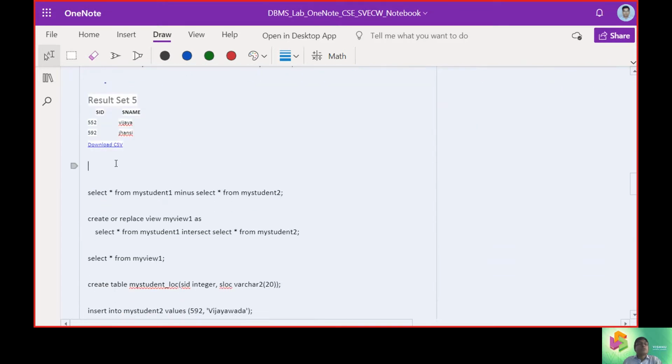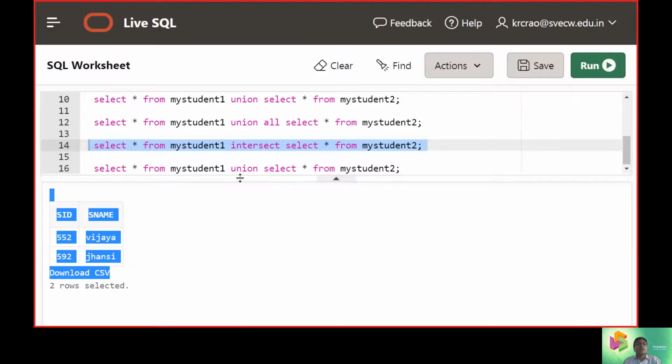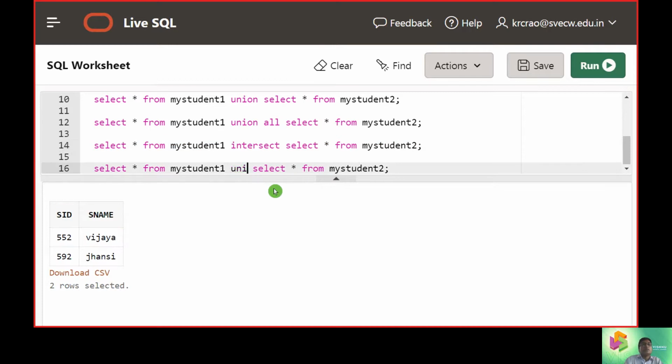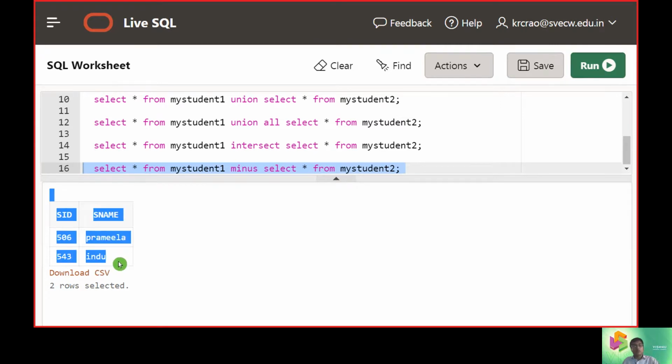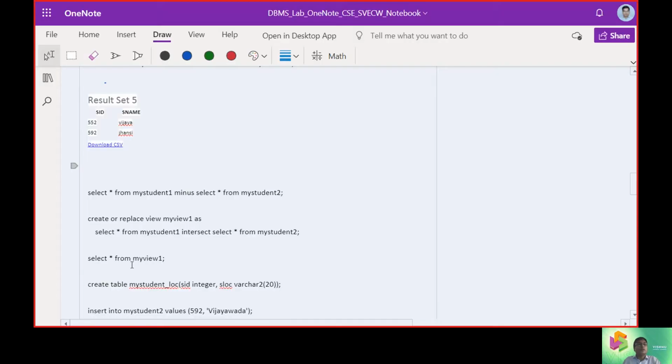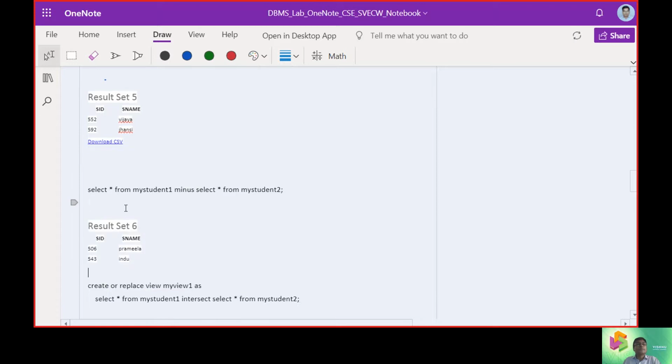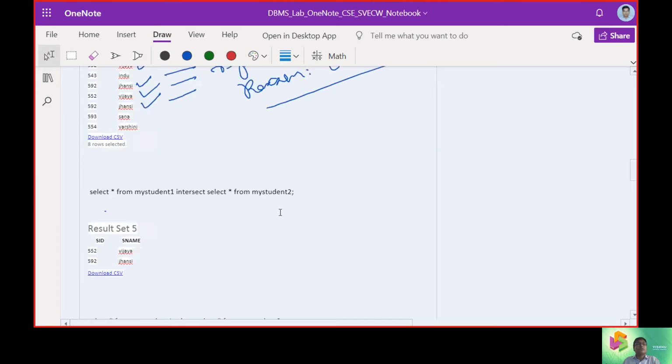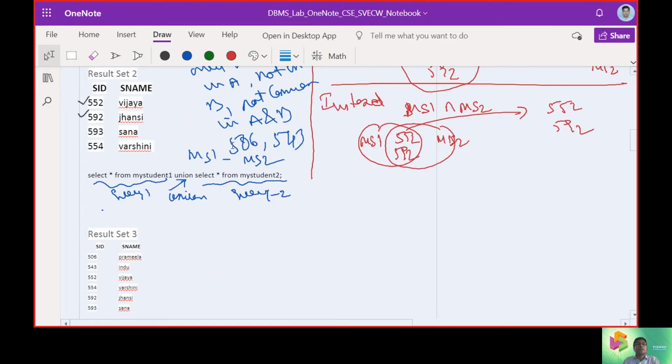So for this demonstration, we will use minus here and see what answers it gives. It is giving Premila's record and Indu's record with the registered numbers 506 and 543.